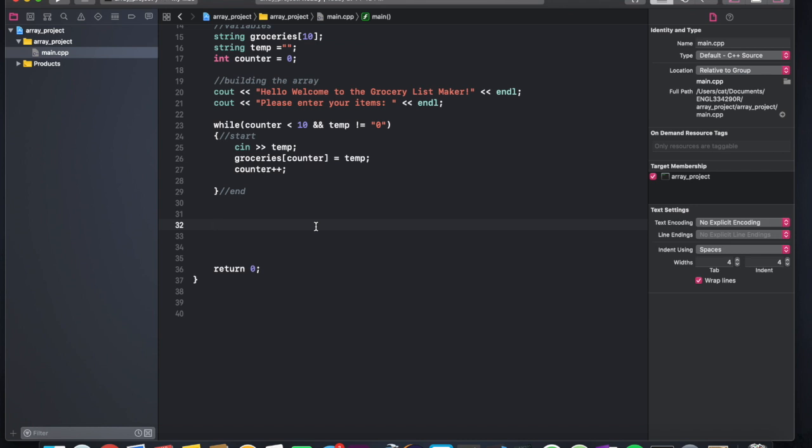After that, in order to display your groceries, you're going to use a for loop that only runs the amount of times of the counter. So let's say we only put 3, because we don't want to display milk, cookies, and 0, 0, 0, 0, 0, 0. It's not necessary. We just want to display milk and cookies. If that's all they entered, that's all that's going to display. So right here,